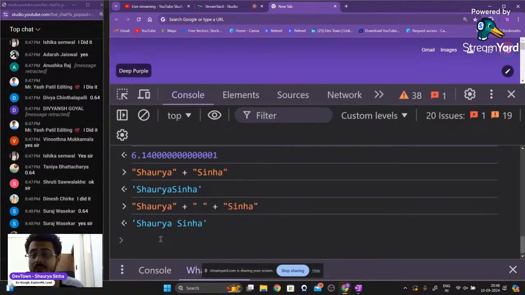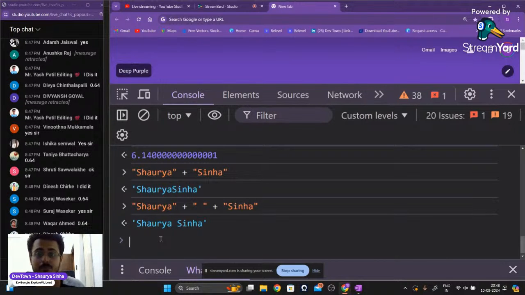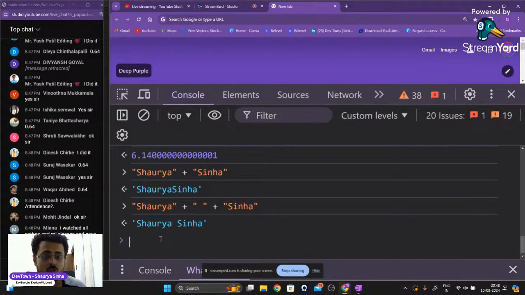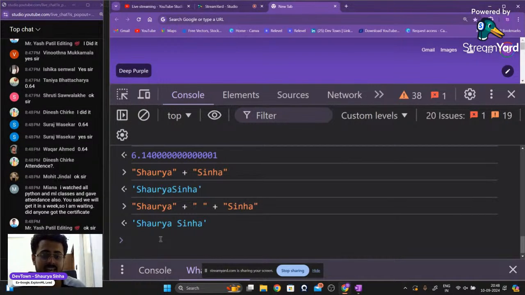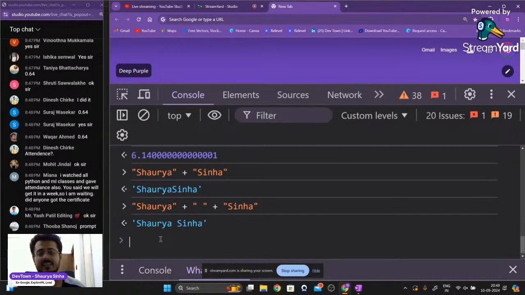So how can we do that? First, we will have to take an input from the user, that is his name. So what code are we going to write here to take an input from the user? Can you guys let me know? What code should I write so that I'm able to take an input from the user, guys? Prompt. Very good, guys, very good.